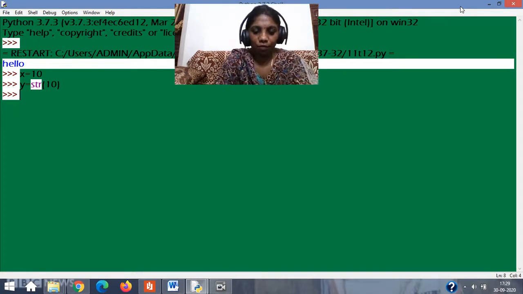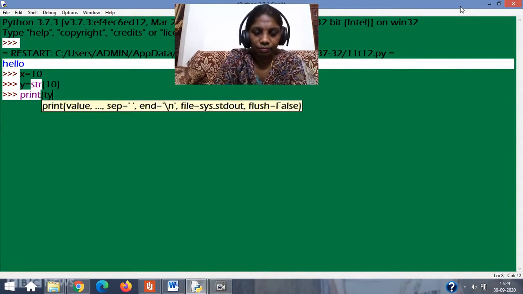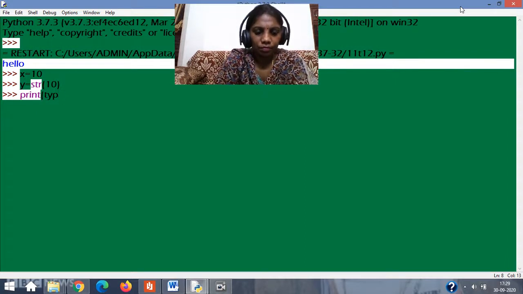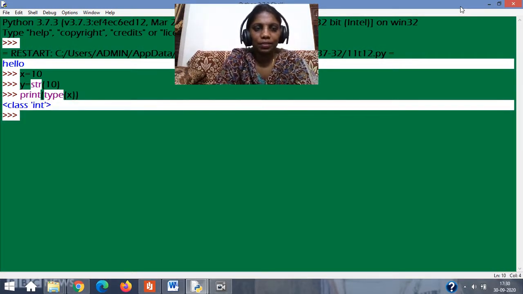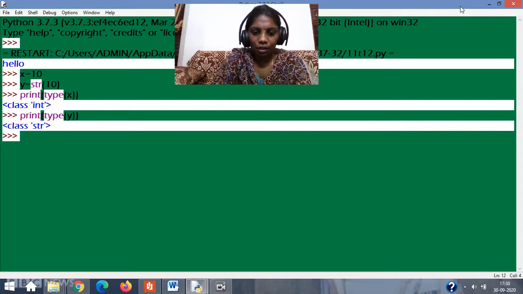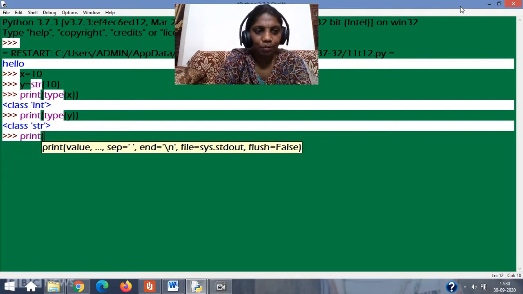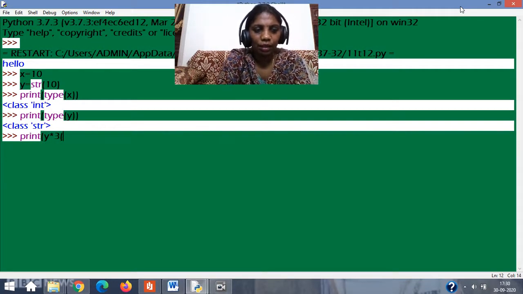So after this, if I write type of x, I should have given a bracket properly. It's an int. And same thing if I type with y, it's a string. So if I type y into 3, what do you expect?